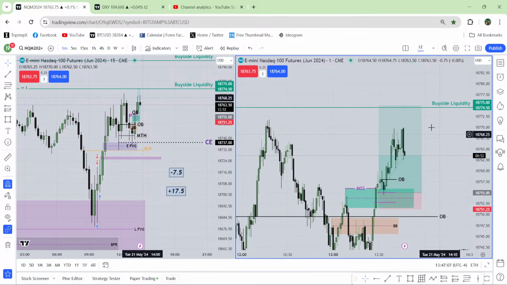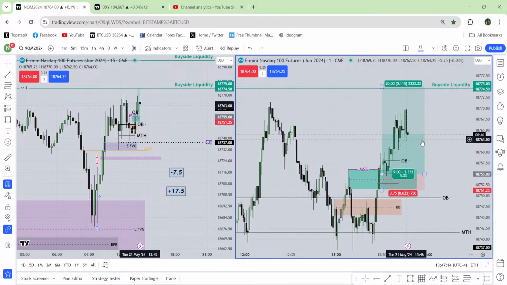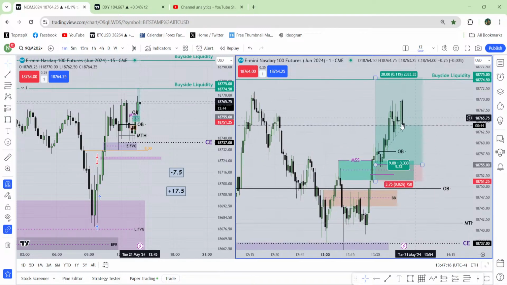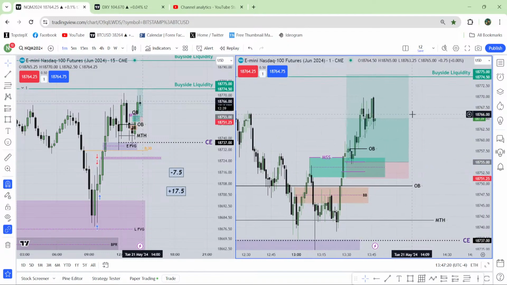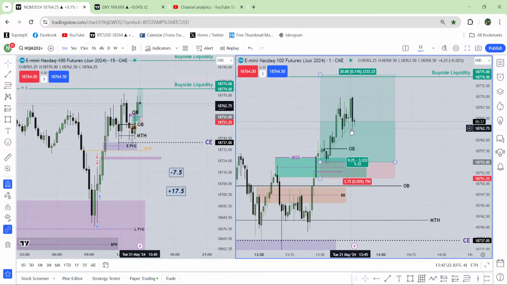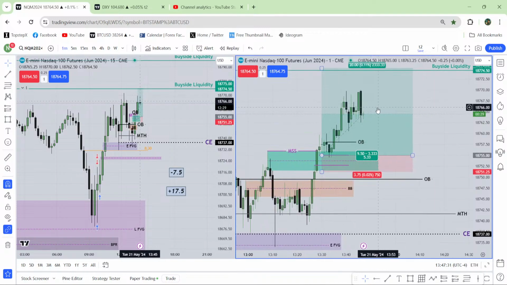Where did it come? Very near to the buy side liquidity. So did it do its job yet? No, it didn't. Why is it spending the time right now? Because of the macro. We are just before the macro, 150 to 210 macro. I believe that because of the macro, market is just spending time over here so that it can use the macro for taking some obvious liquidity. That is why it is spending time over here.